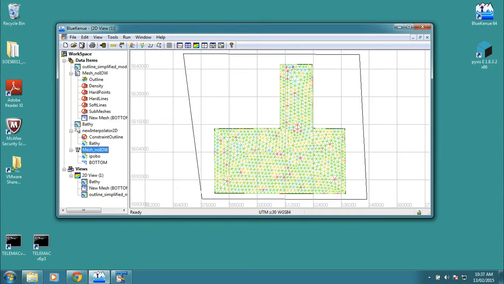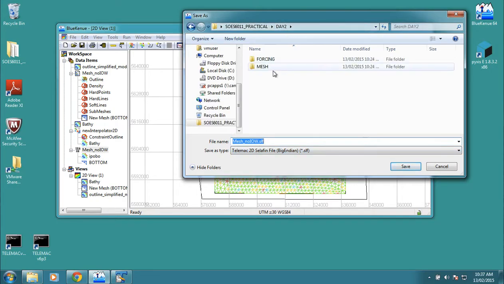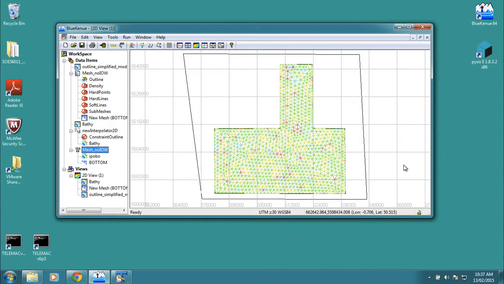Now, if you click Save, this will create the actual Telemac SOES6011 file. What I suggest is you save this to your day 2 folder. I would save everything there, so that these two are always your original ones with the information that's come, and everything you create is saved separately. Essentially that is the mesh file that we are going to use to set up Pixus in stage